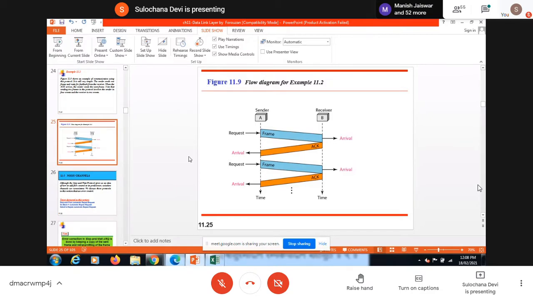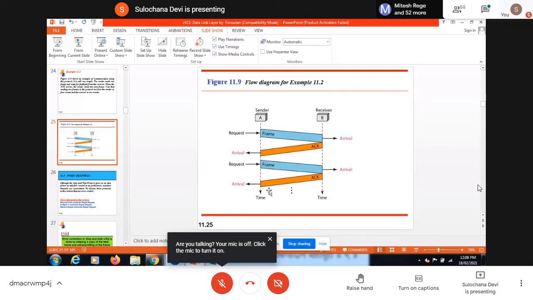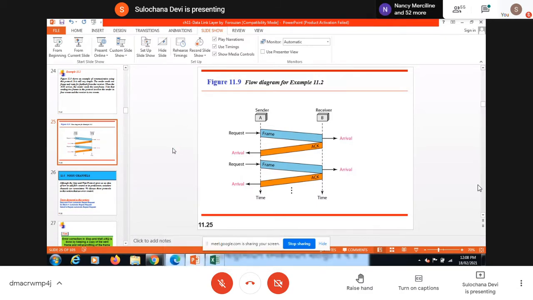The receiver will provide acknowledgement 1. It means that I received your frame number 0, and I'm expecting your frame number 1. Then we will send frame number 1. When we are sending frame number 1, the acknowledgement will be 0, meaning I received your frame number 1, and now I'm expecting your frame number 0. So the sequence number of the frames which we are sending will be 0, 1, 0, 1, 0, 1, like that for all the frames.